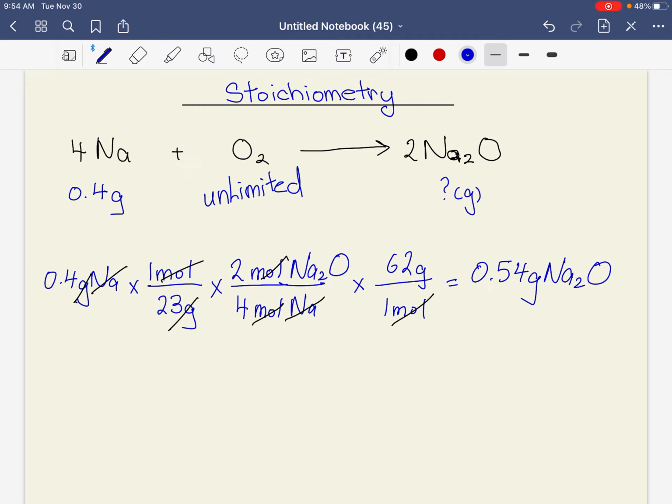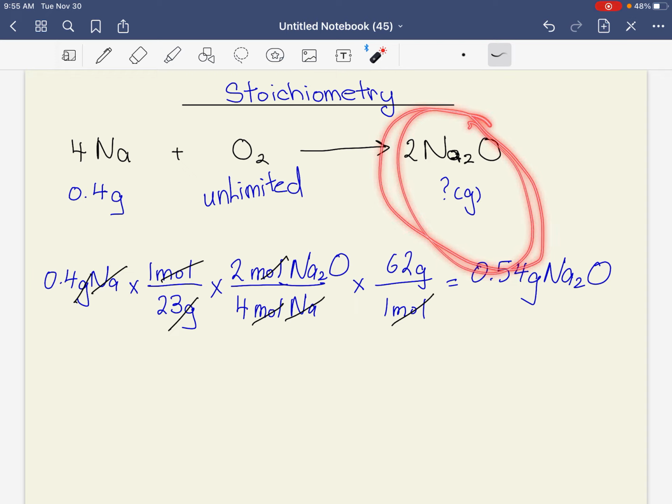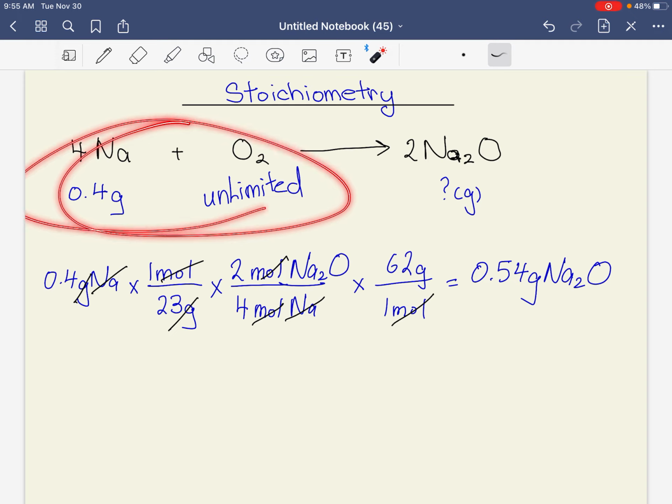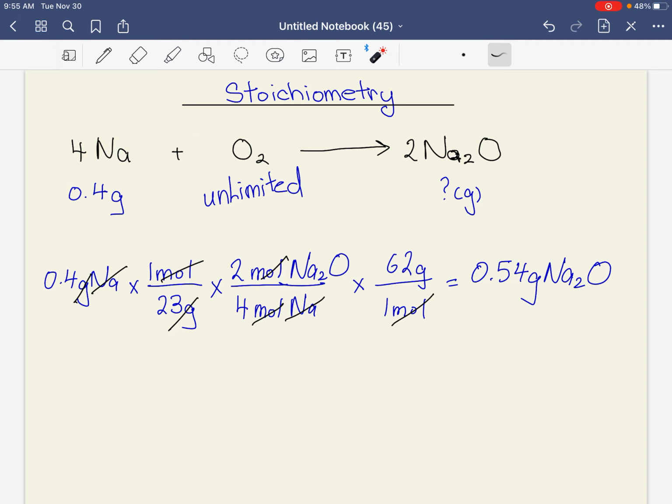Okay? So 0.4 of these can produce 0.54 of these. Now, if I was going to ask you a question and say, hey, knowing the fact that you have 0.4 of this and you will produce 0.54 of these, how much of these did you use? Well, under the law of conservation of mass, the sum of the reactants equals the sum of the products, right? So if I know that this is 0.4 and this is 0.54, hey,